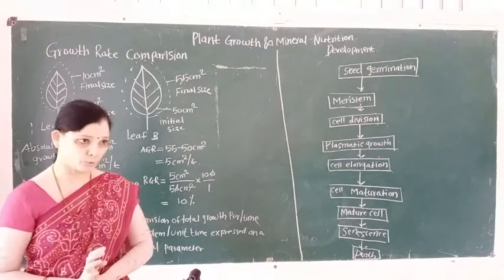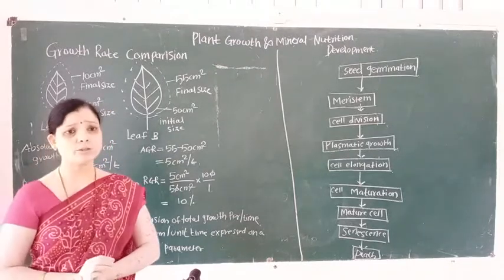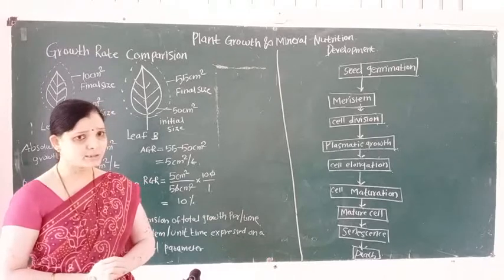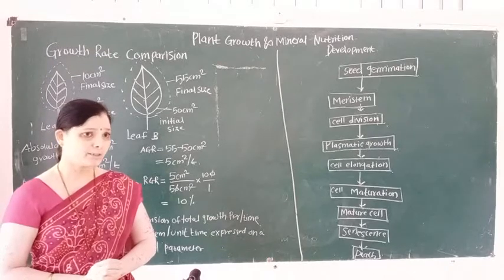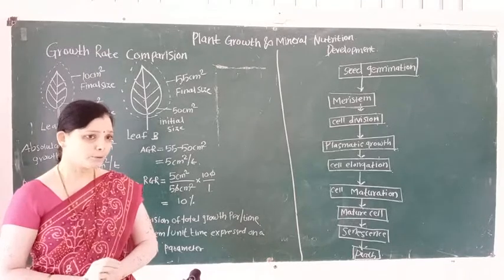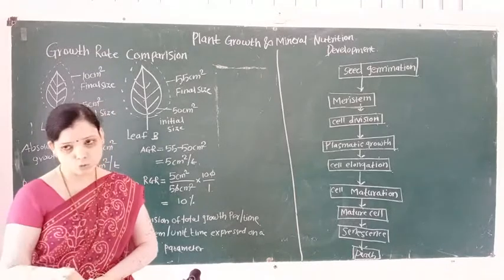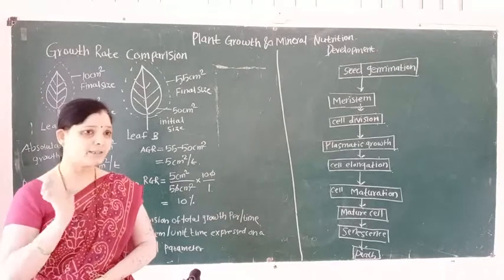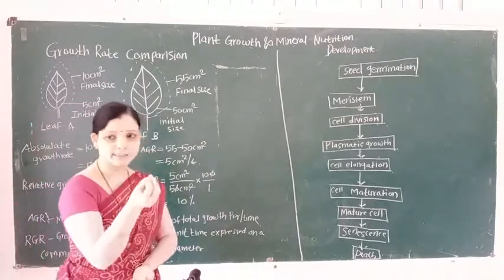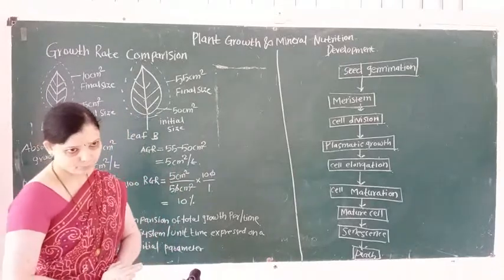Grand period of growth means the time required for lag phase, log phase and stationary phase. In the linear growth curve, growth takes place constantly and linearly. In the J-shaped growth curve, first the growth rate is slow and then it rapidly increases. So these are the three growth curves seen in the previous lecture.